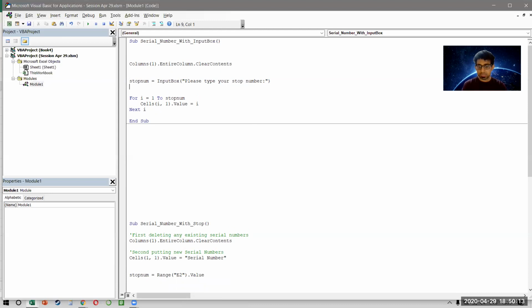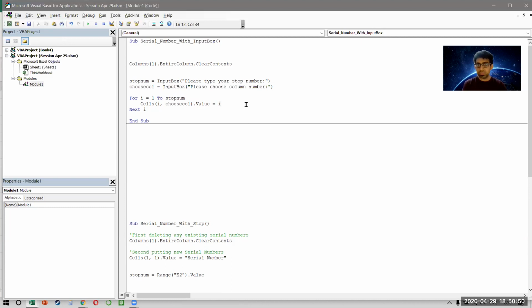So I will put another number saying choose col, which is nothing but another input box, right? And I can say here, please choose column number. So what will happen? This one, which was earlier always my first column, which is column A, is now not my first column all the time. It will become choose col. That means now the user can decide 2 things. Number 1, he can decide what is the stop number. Number 2, he can also decide in which column he wants the results, right?